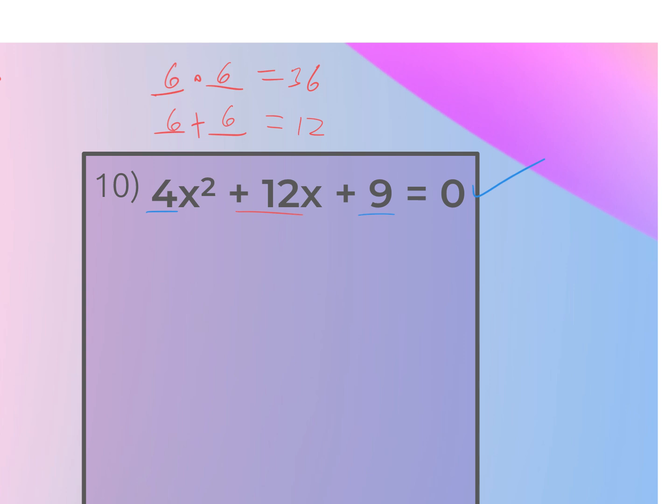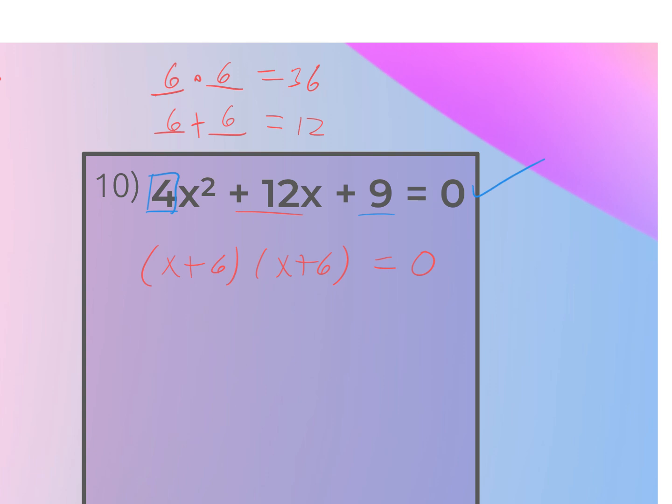So you could split it up, factor by grouping, right? I showed you guys a different way how to do it earlier in this video, so let me try it that way also. If you remember, once we get these two numbers, you can do x plus 6 times x plus 6. But you can't leave it like that. I told you guys not to do that, because you cannot leave this by itself as your answer. If you do it this way, you need to divide